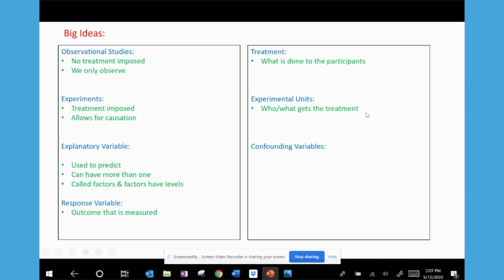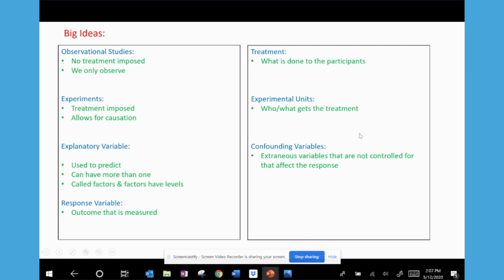Experimental units would be who or what gets the treatment. In this case, we would call them subjects because they're people. But you could test different foods for dogs. And so those would be the experimental units of who is actually getting the treatment and who is getting randomly assigned to the treatments. And then finally, the confounding variables are any extraneous variables that are not controlled for that